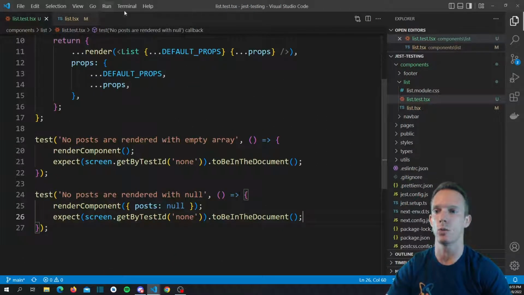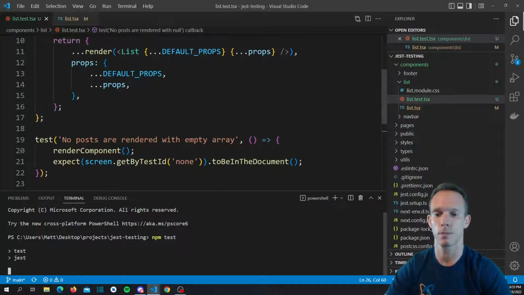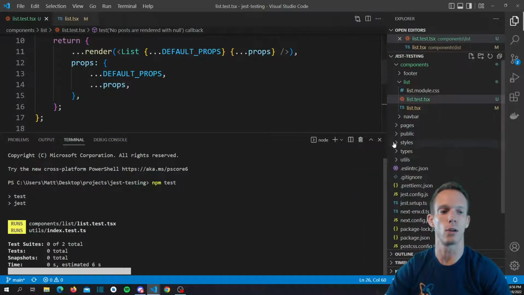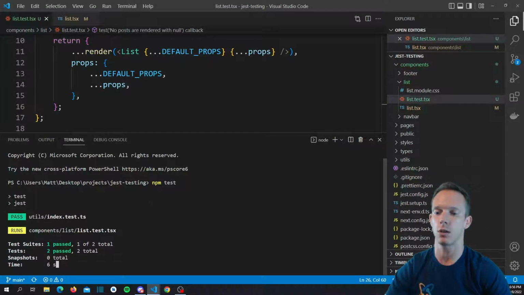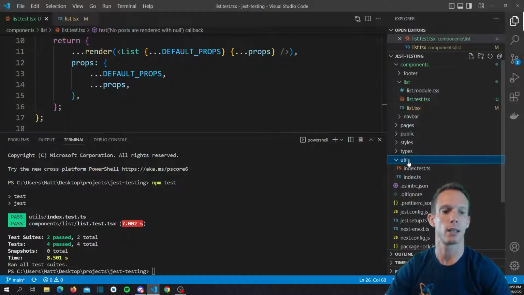And so let's open up our terminal, and we're going to just run npm test. And it's still going to run all of our util testing, all of our unit testing as well. So it's going to take a little bit. I'll just talk while this is running. And you can see that everything ran. We had a total of 4 tests, 2 test suites, and that was just our index.test.ts and utils, and then